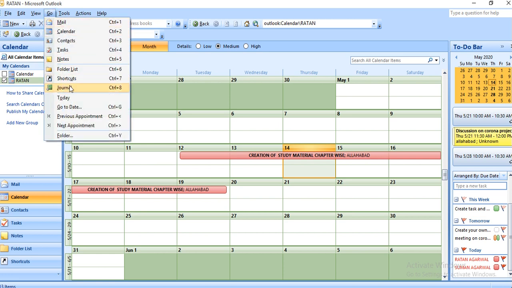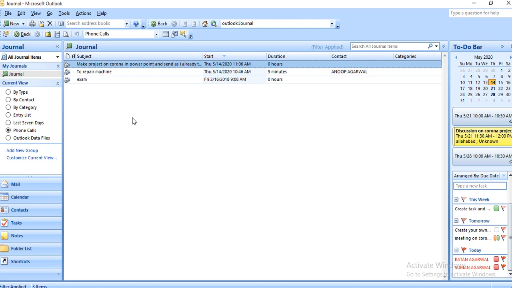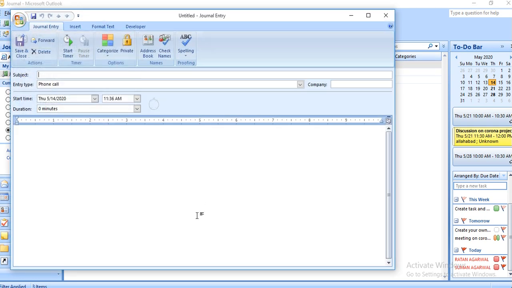Then the general entry. A general entry is the entry which you make on a daily basis to store information. I will tell you one more. New. Subject: quickly watch the video and make notes. Every day I can send this information to you, but there is no use if you won't make the notes.